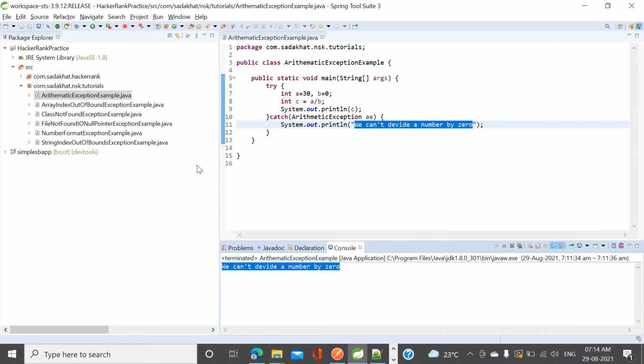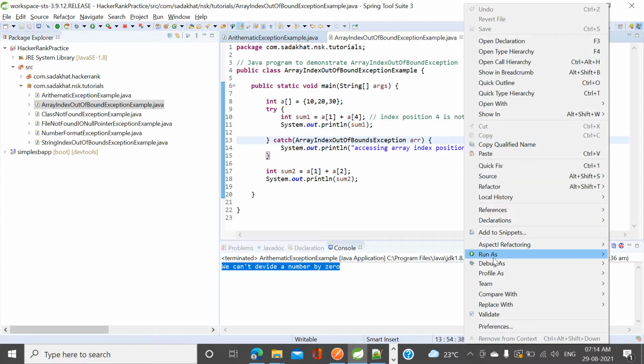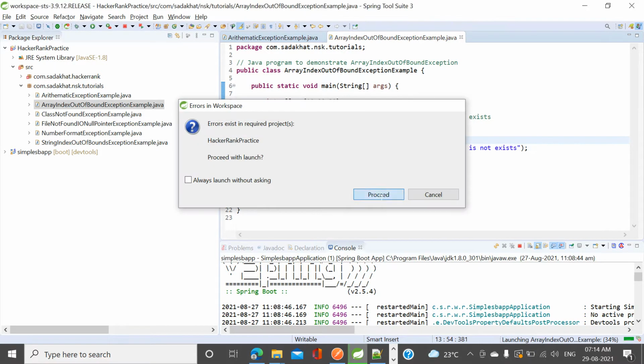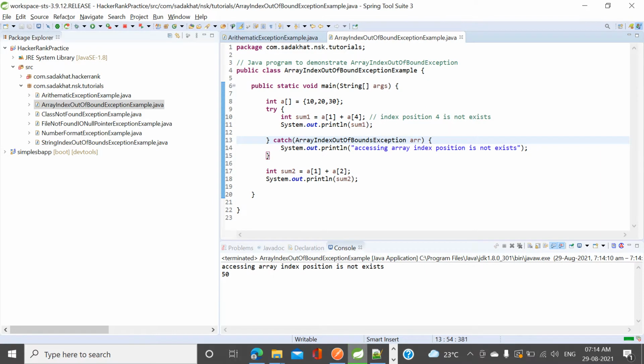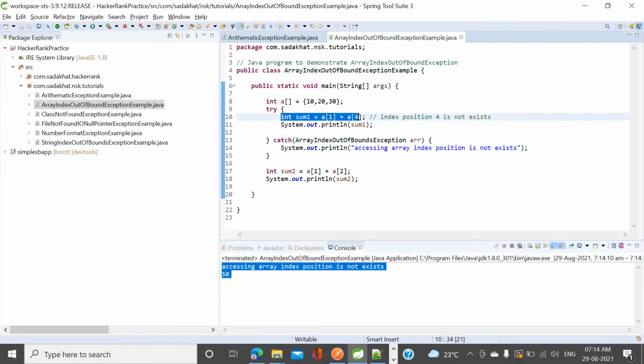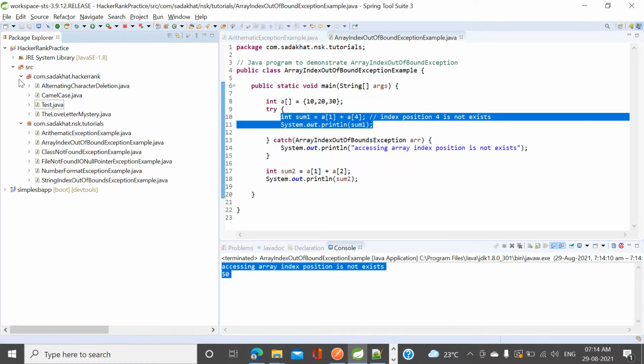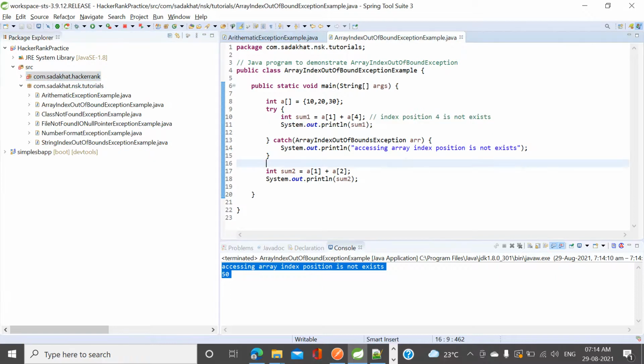Let's go to the example, array index out of bound exception. Let me run the same program. Accessing array index position is not exist. See, here the exception has raised and it has been caught here and the next statement has been executed. Let me delete this program. It is every time asking a permission to execute. Okay, and next,